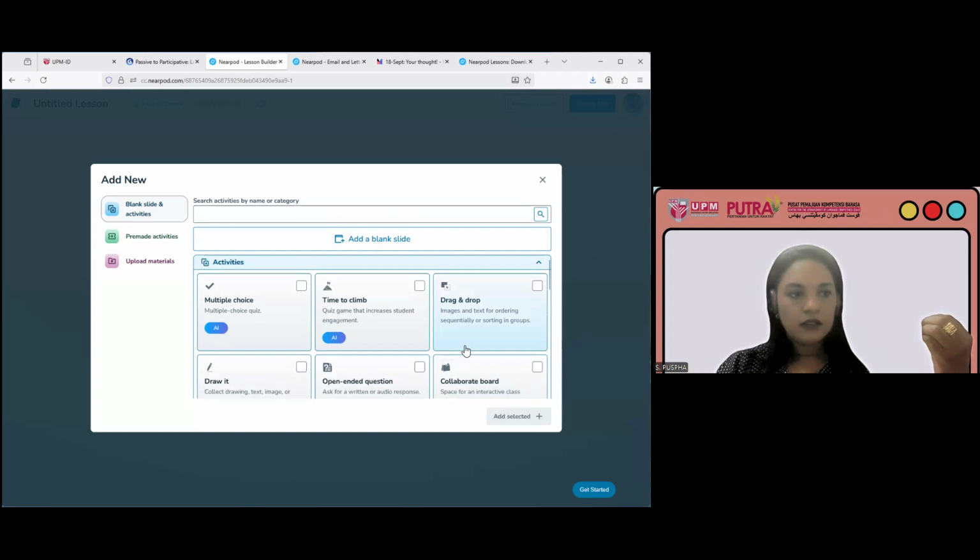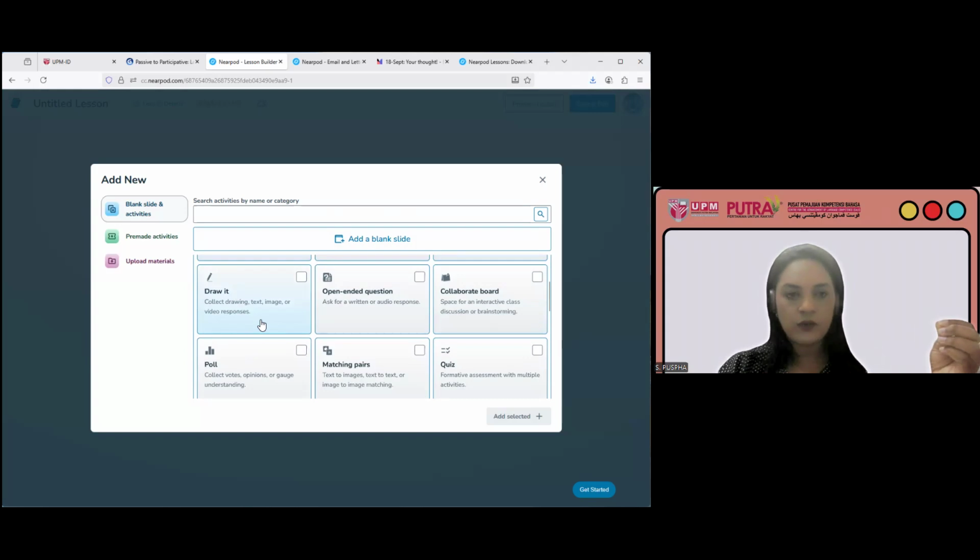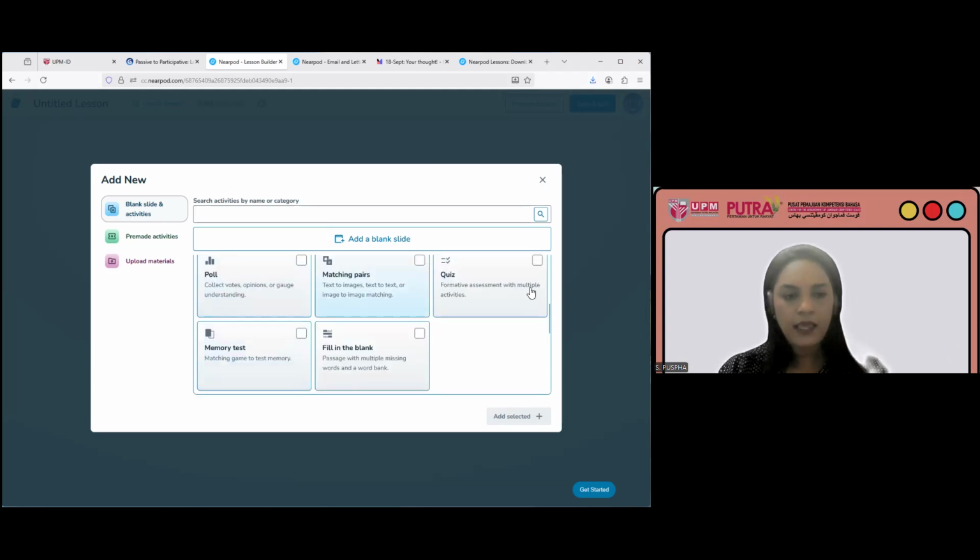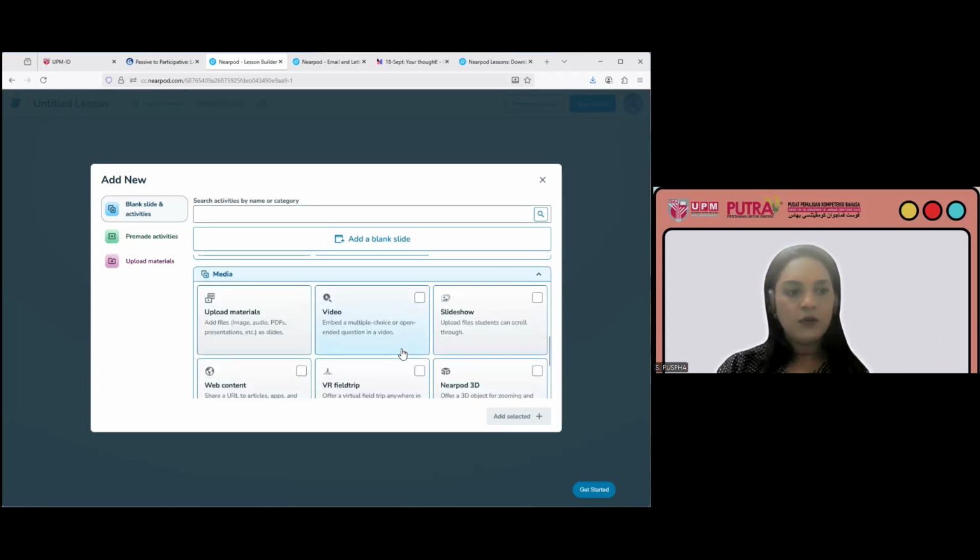And if you look under activities, you have multiple choice quiz, you have time to climb, which is the gamified quiz, you have drag and drop, right? You have draw it, where you can turn an image to an interactive page where students can actually write or draw on. You have open-ended question, you have collaborate board, you have poll, matching pairs, quiz, memory test, and fill in the blanks. And for media, you can upload materials, additional reading that you want to share with your student,